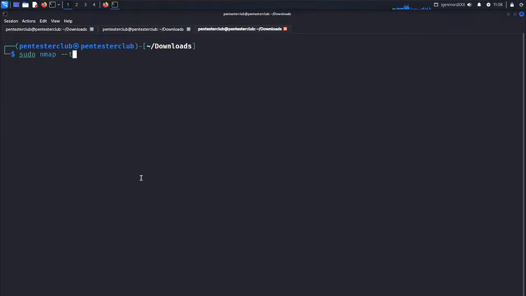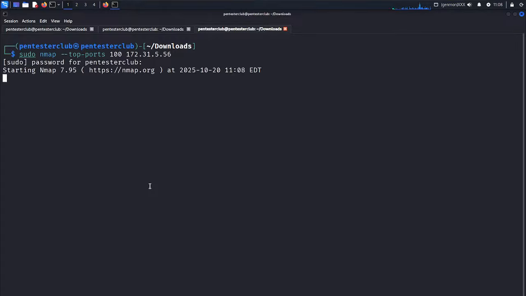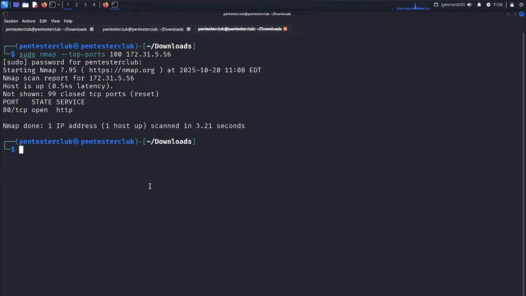We would like to utilize here the top ports. Just put top 100 and enter our targeted IP address. Let's just close this and this one. Enter our password. Now we would like to filter it out. So top 100 ports, we are seeing only the port